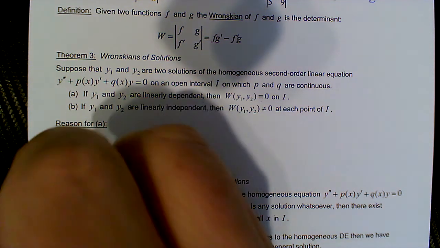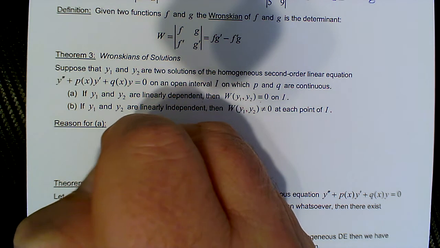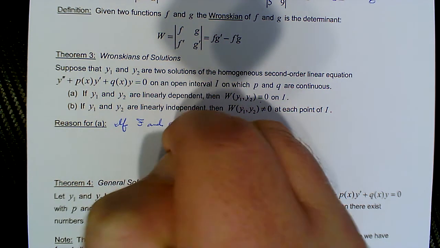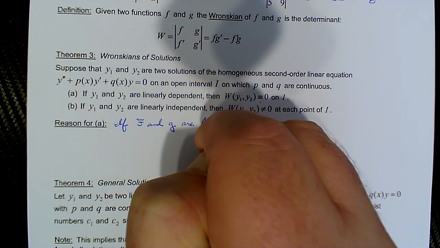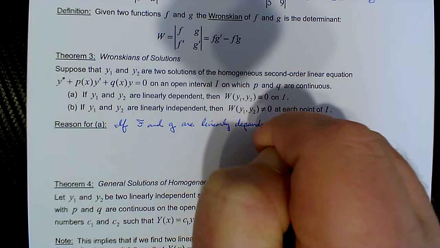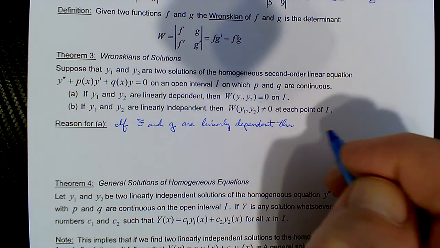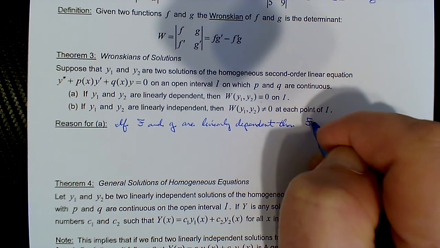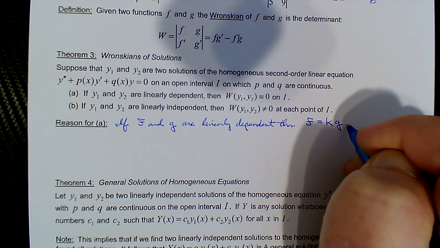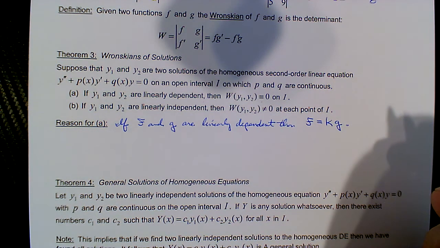So if f and g are linearly dependent, then we could say that f is a constant multiple, let's call it k, times g, or vice versa. So then the Wronskian would be